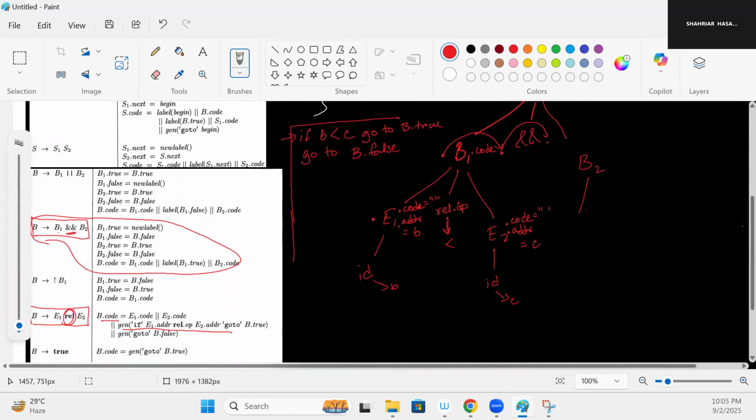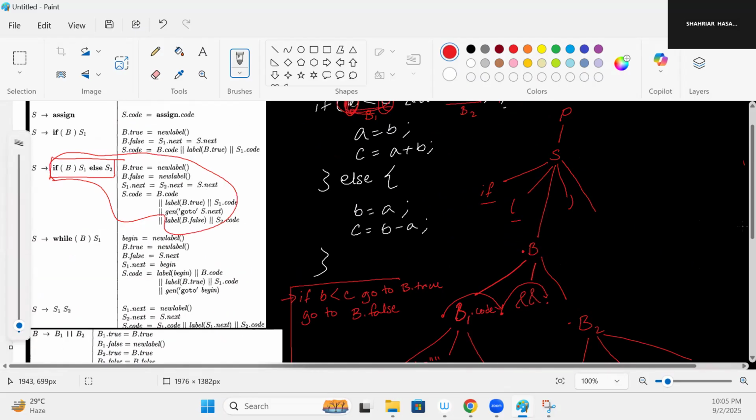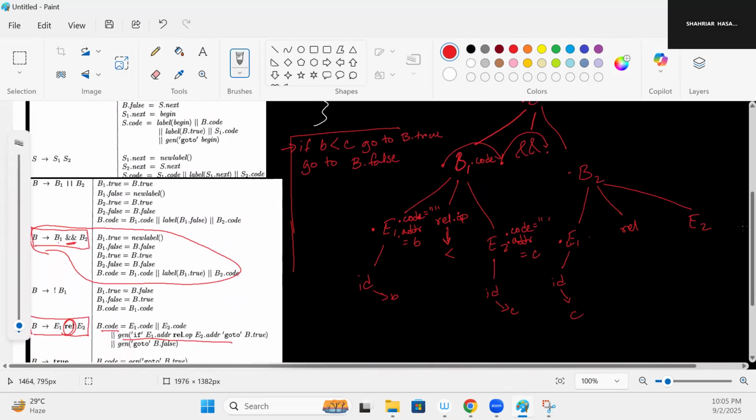So B simply has E1 some relational operation with E2, and the cursor is to the left. In order to make the cursor go to the right, we have to see E1 relational operation E2 completely. The cursor is to the left, which is this E1, and E1 points to ID. We know from the E producing ID production rule, and this ID points to C. Hence, E dot address will be C, and E dot code will be empty since no